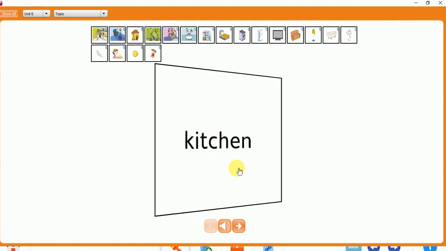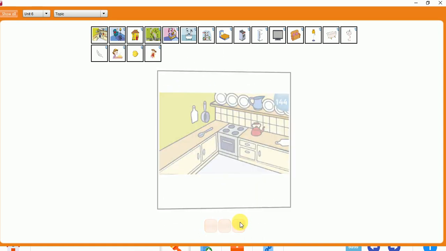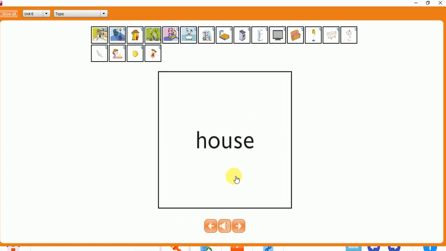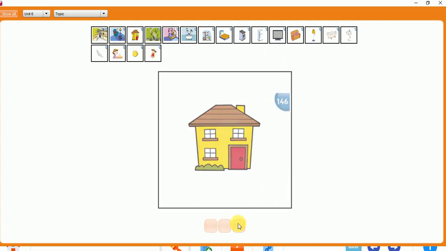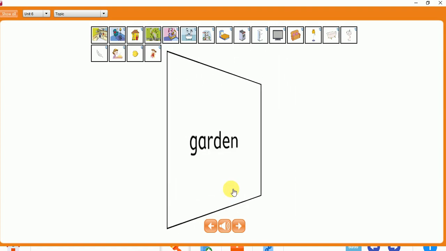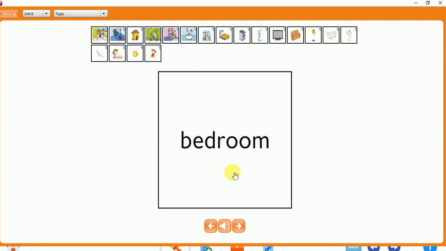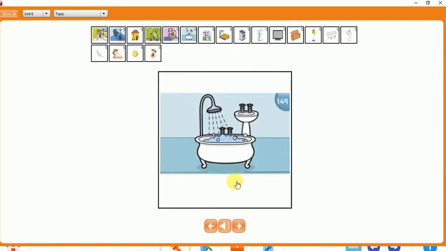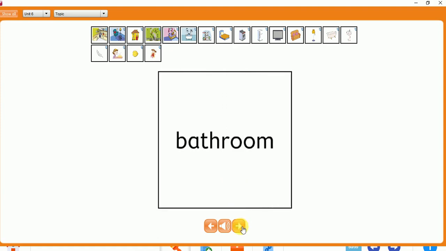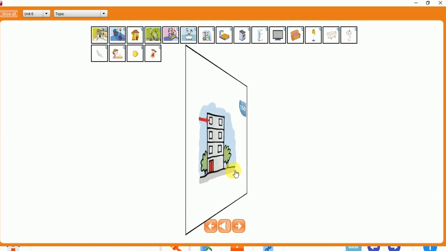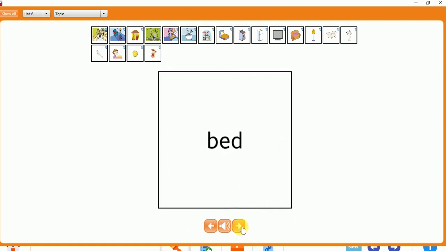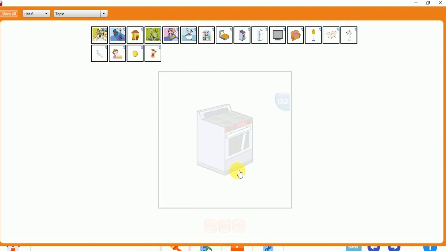Kitchen, living room, house, garden, bedroom, bathroom, flat, bed, cooker, fridge,